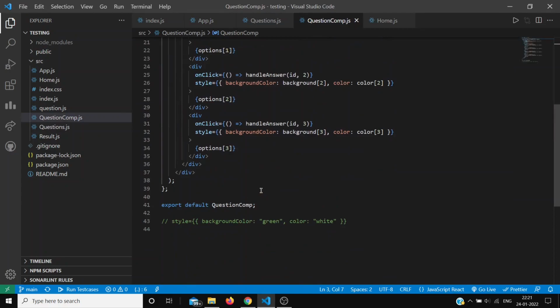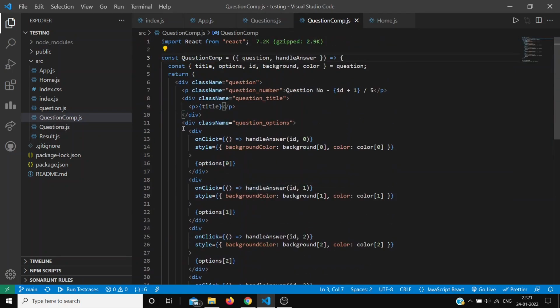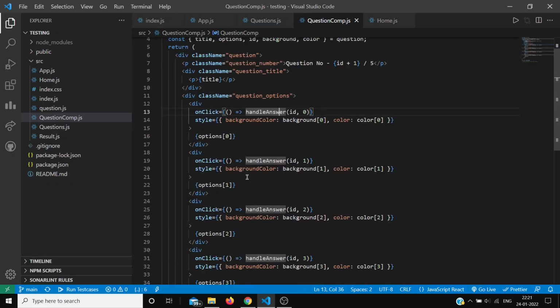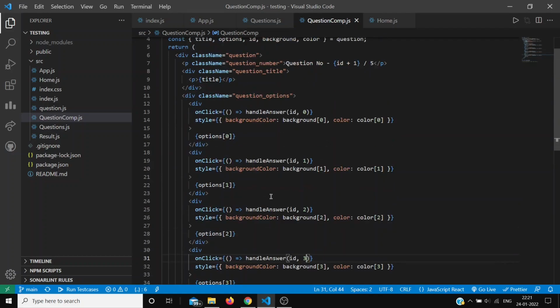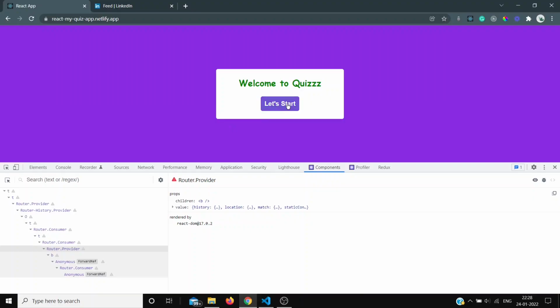In the question component, there are four options here. Option 1 and option 2. And in option 1, I add this handle answer function. Whenever the user clicks on any of the options, it will pass the data, that is the ID and the question index, which is 0. In the second option, I pass the ID 1, and I pass 2 and 3, which is the ID, index. And when the user clicks on any of the buttons,